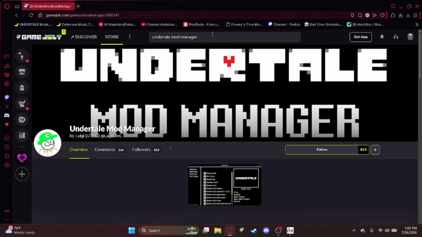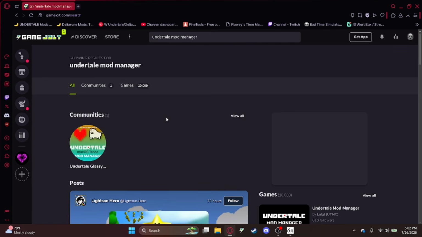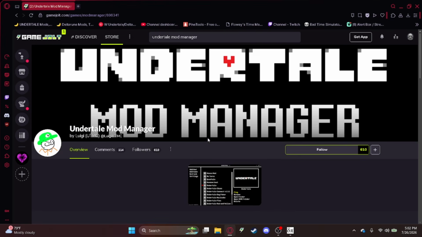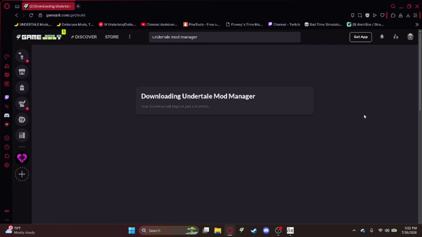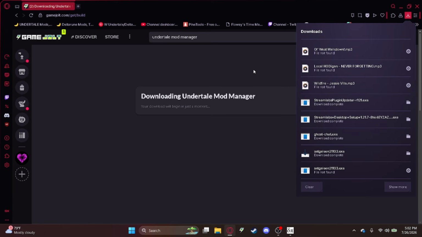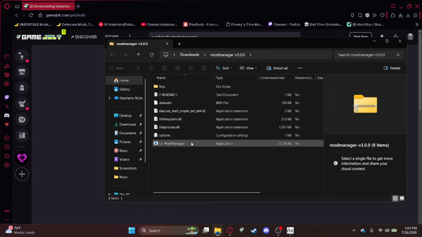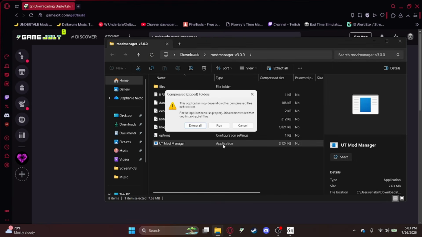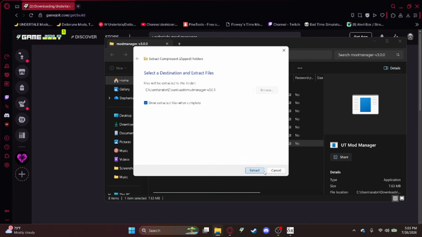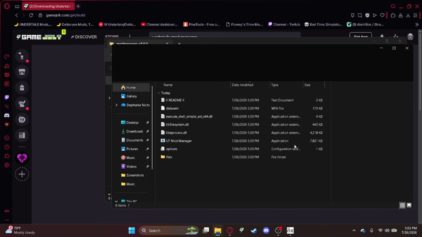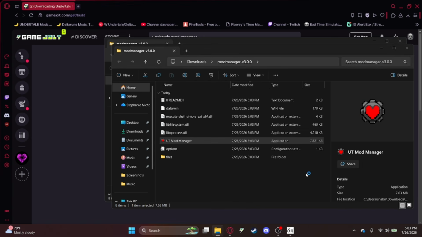So once you actually have the game, go to Game Jolt here, search up Undertale Mod Manager, go to Games, and it should just be the top one, and then download. It should pop up in a little downloads tab like this. It's different for every browser; I'm using Opera GX, but it should download automatically, like that. Then you can just open this, open the application, then extract all, extract. Now you can actually open the application,